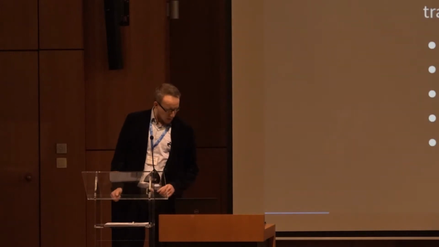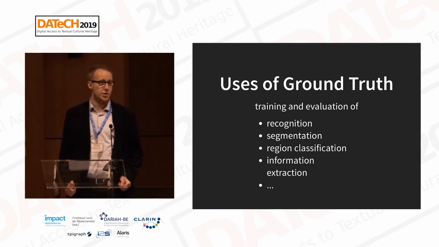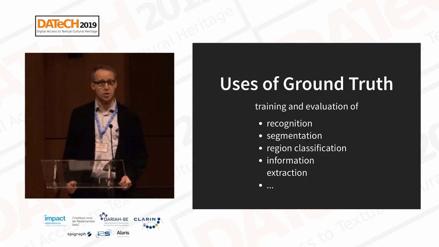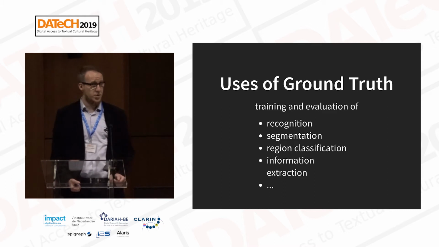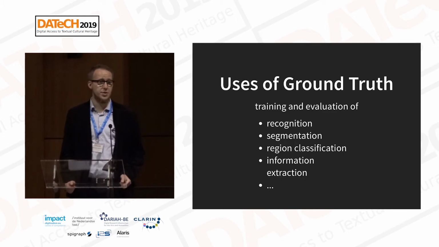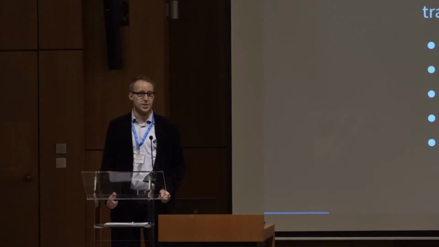And so I already said that uses of ground truth are evaluation and training, traditionally for the recognition, so for the actual OCR part of an OCR workflow, but more and more also for segmentation. There are trainable segmentation algorithms now for region classification to determine whether a contiguous area on a page is an image or text or whatever. And also, if you go a step further, if you want to have an algorithm that creates, let's say, a table of contents from a work, then you need some ground truth to either train it or to evaluate how